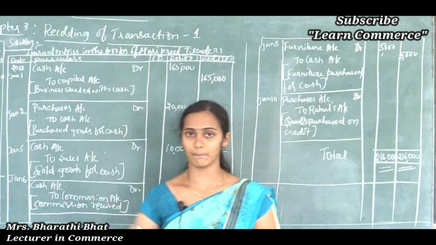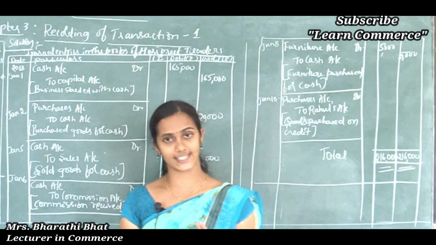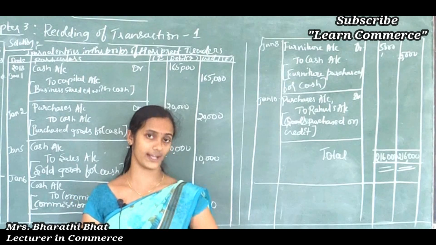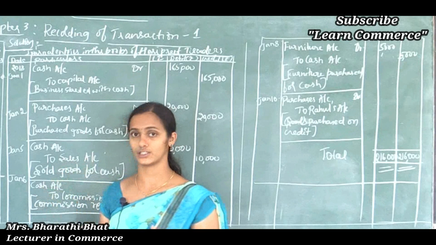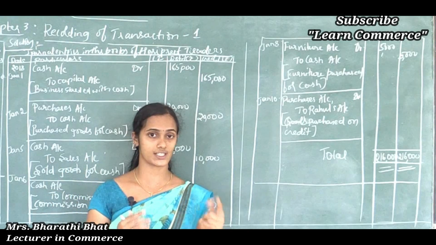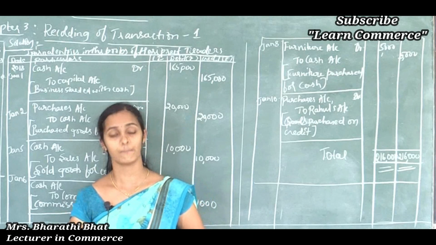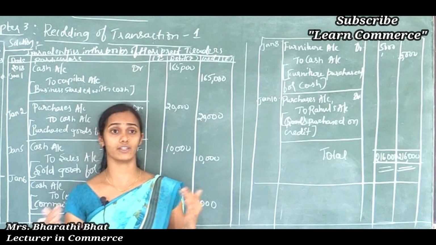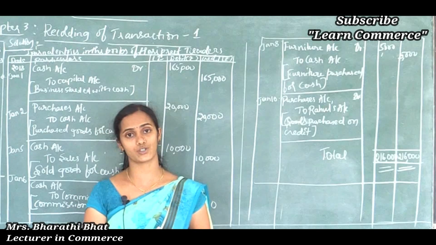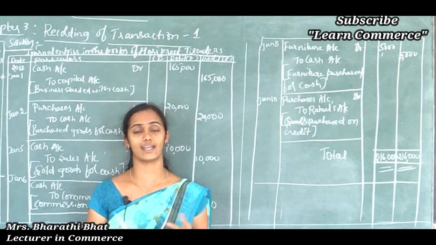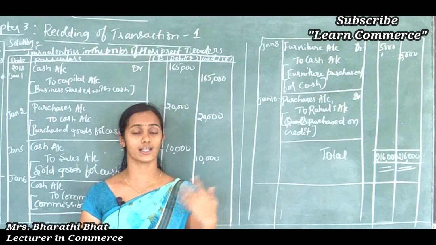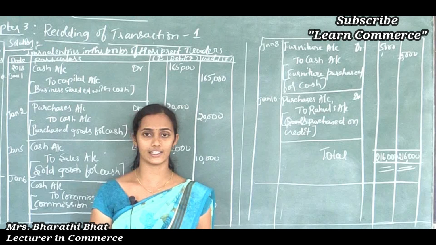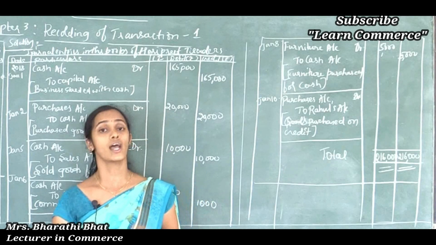So this is very simple. We should just know how to analyze the transaction. Before analyzing the transaction, we should be able to find out the two accounts involved in a transaction. We should be able to find out whether the transaction affects two accounts or more than that. Then we can easily analyze the transaction, like whether it is increased or decreased, and we can easily classify the accounts also, whether furniture is related to asset or expenses or liabilities or revenues or capital. In the same way, cash comes under which account.